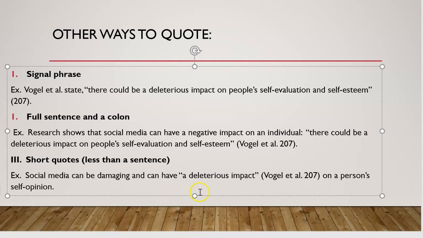But feel free to have shorter quotes, longer quotes, and just be aware of the correct ways that you need to introduce quotations into your writing. You just can't plug them in anywhere. You can't just drop them into your paragraph. You need to introduce them. You need to use a signal phrase to introduce them or introduce your research, or you need to properly blend them into your sentence or introduce them with a colon if that's the way you want to do it. But any of these ways are correct.